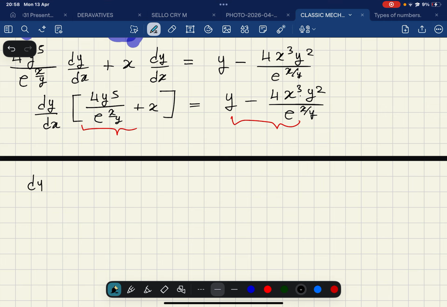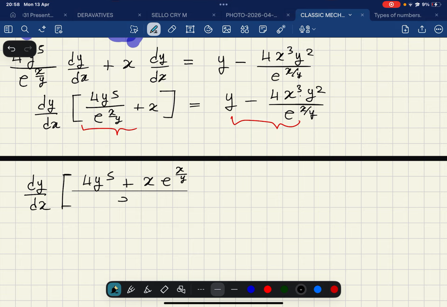So doing LCD on the left hand side, I will get 4y to the 5 plus x e to the x over y, all divided by